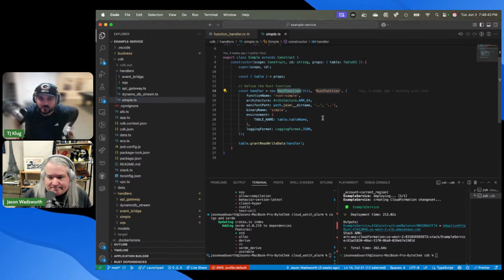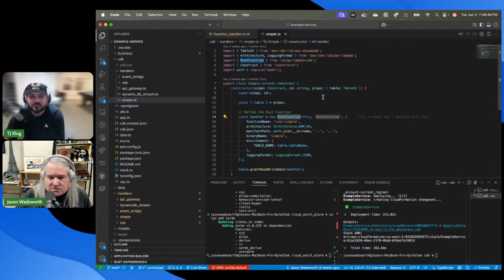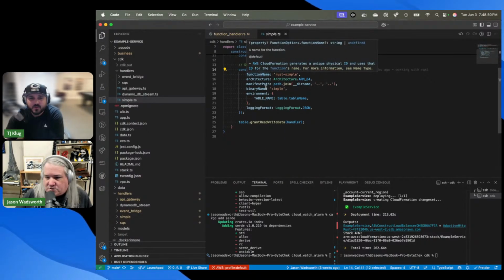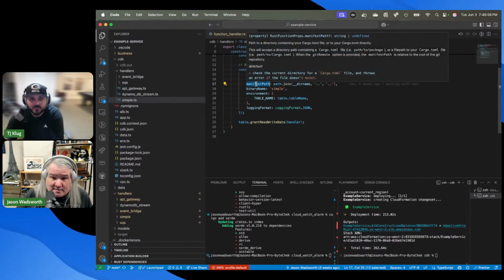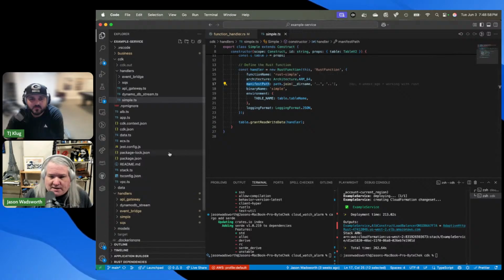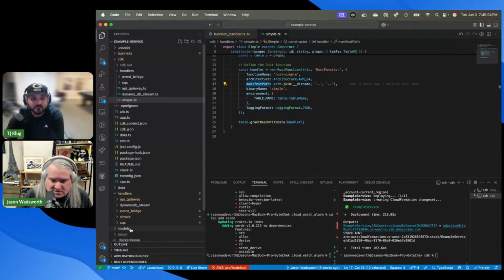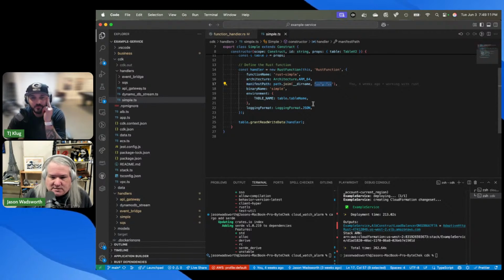There's a Rust function. It's Cargo Lambda CDK, so it's using their Cargo Lambda stuff. What's interesting here is the function name is really important. The binary name and the manifest path are the two important things here. The manifest path, because we're using a workspace, is just the root. So I don't have to dig into whatever things there are down here. I just need to get back to root. However deep I am, I just dot myself back to there.